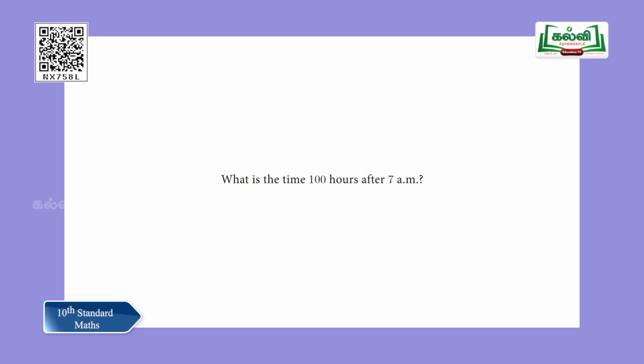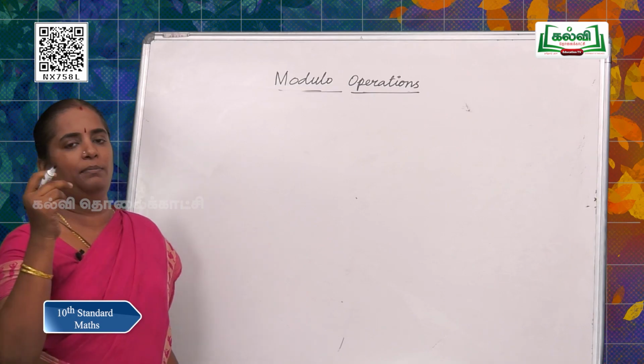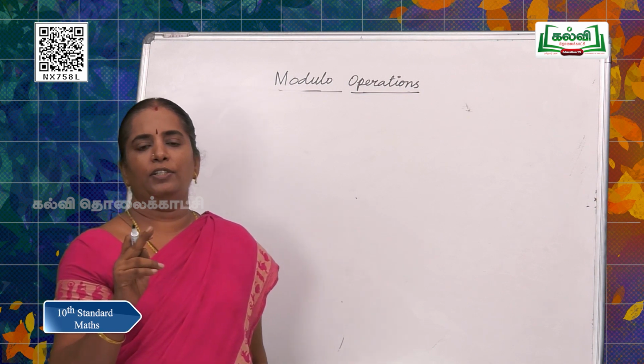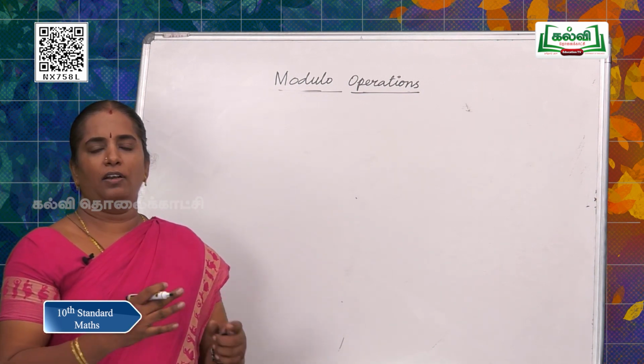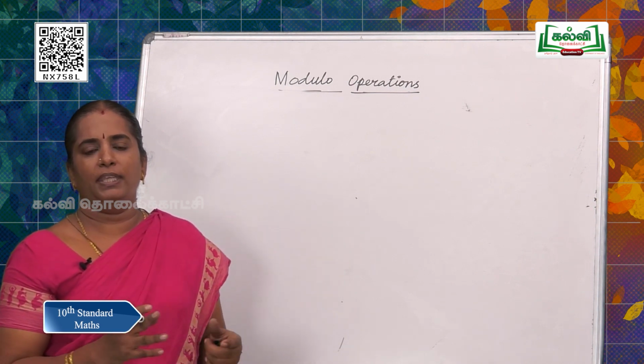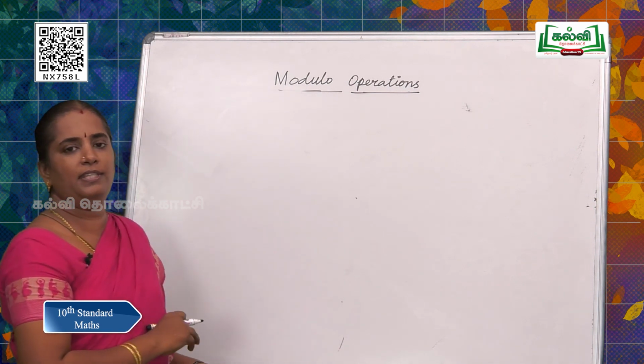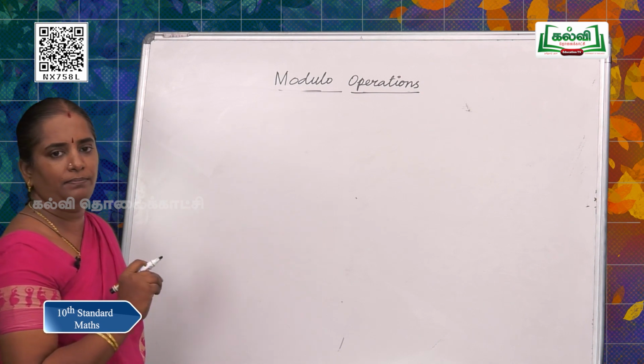Yes, that is a word problem. It is not at all a problem. See, what is the time? 100 hours after 7 a.m. Oh, it comes to the clock. Yes, now 7 a.m. is the time we start. Okay, let me see. We are going to choose the digital clock now. Shall we choose? Because all around us became digital. So, we are going to choose digital clock for this sum and do this sum.